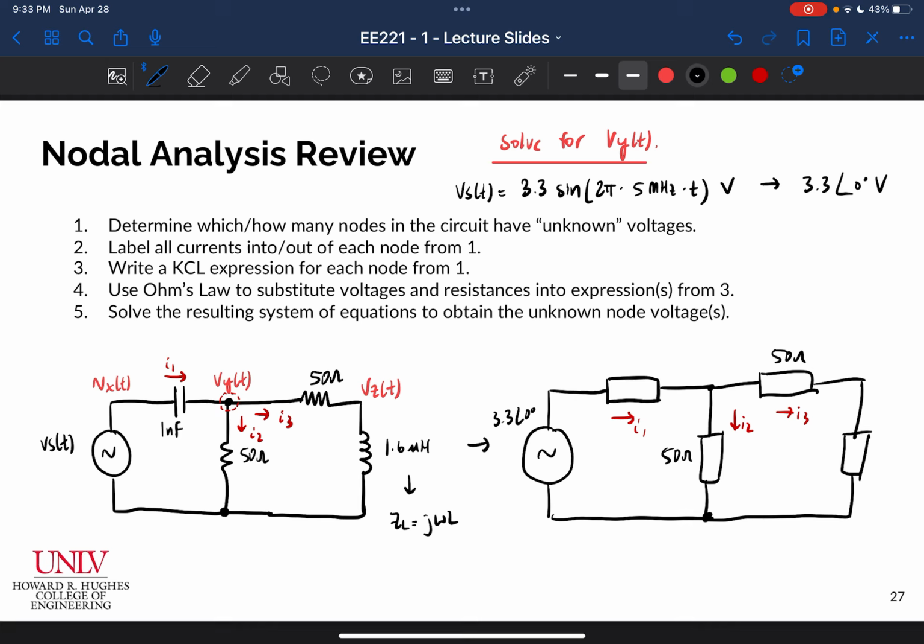Let me just delete that, and there we go. So for my inductor, I get 50.265, so let's just say j50.3. How about that? And then for my capacitor, I get